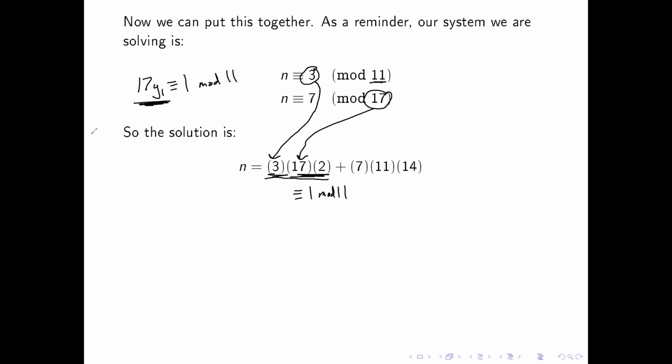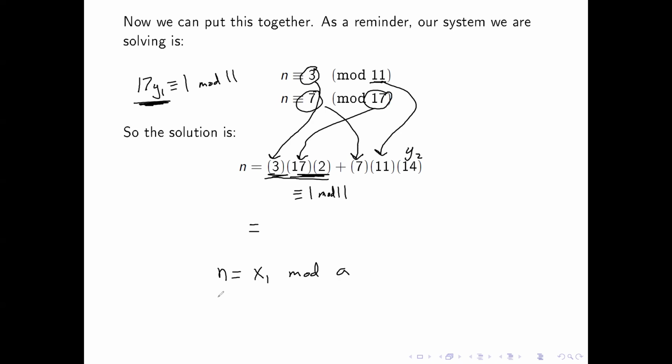mod 11 world. Then over here, the 7 is coming from this mod 17 desired value, but the mod 11 is coming here, and this was y2. So in other words, what is this? So let's say I have a system of equations where n is equal to a. I shouldn't do a for that one. Let's call it x1, better yet. Yeah, let's call it x1. All right, so we're going to call this